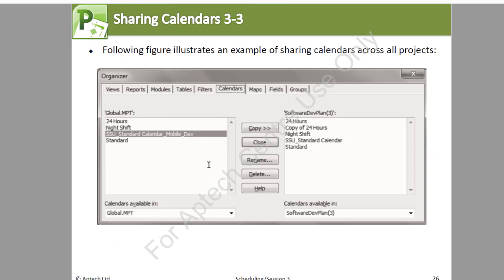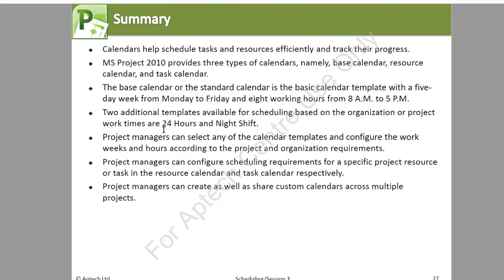So we have this. Now we've come to the end of the session. So let's look at what it is we have learned in this session. Calendars help you to schedule tasks and resources efficiently and to track their progress. MS Project 2010 provides 3 types of calendars, namely base calendar, resource calendar, and task calendar. The base calendar or the standard calendar is the basic calendar template with a 5-day week from Monday to Friday